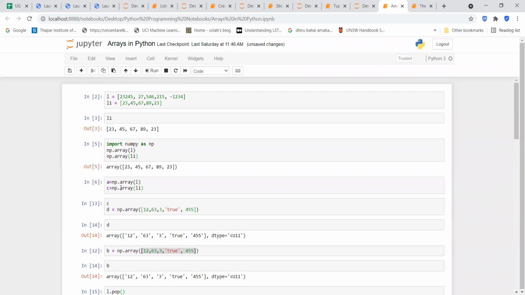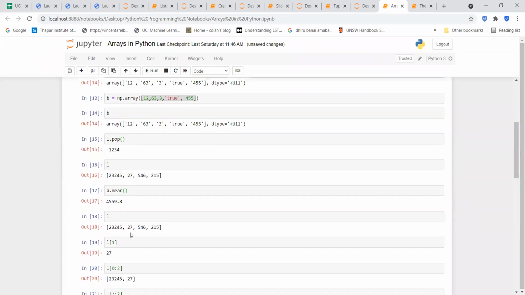This is the array that was created from the list using np dot array L. So this was my list, and this is the array. If I want to get the mean, this will be my mean. That's how you can